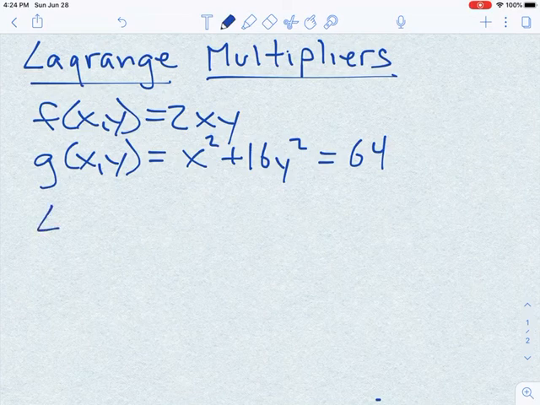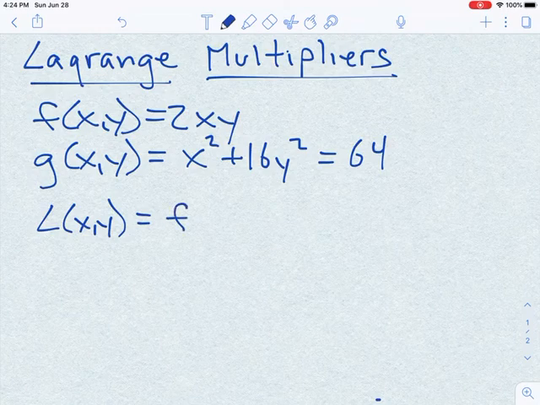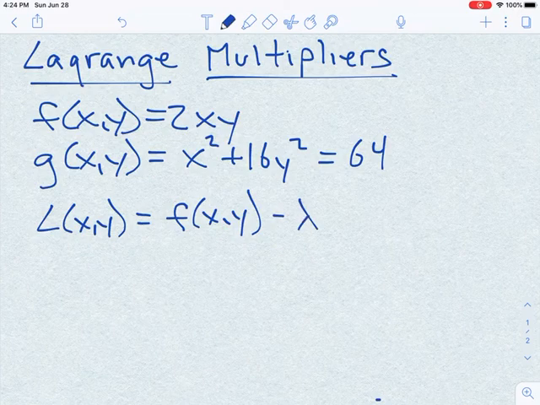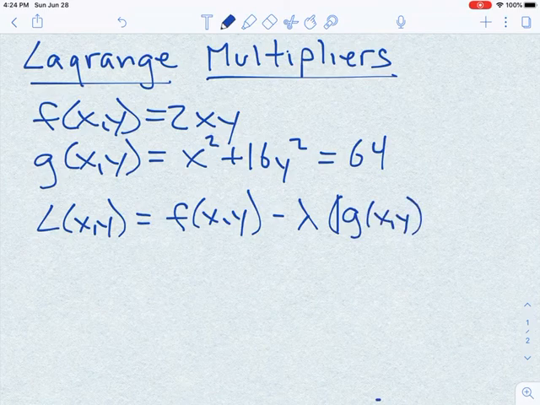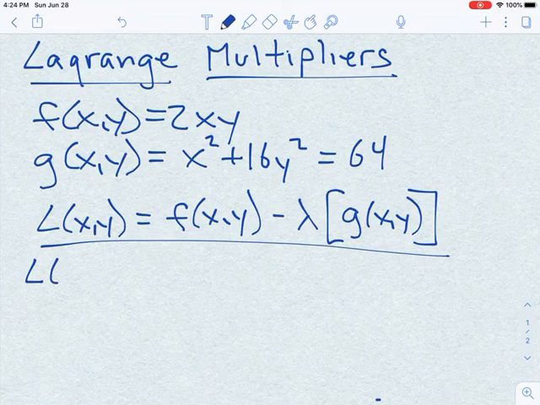So the Lagrange function, L(x,y), L for Lagrange, is equal to f(x,y) minus lambda times g(x,y). So in this particular case, our Lagrange function will be